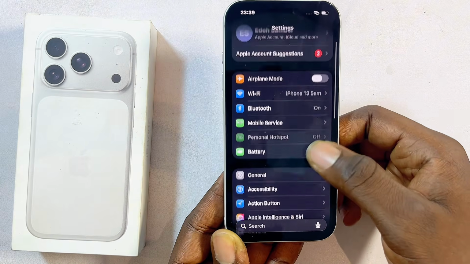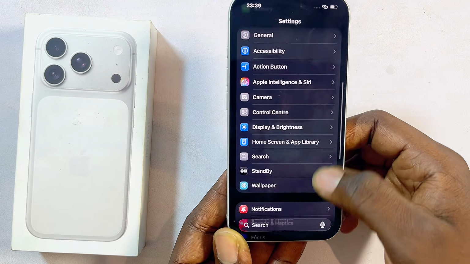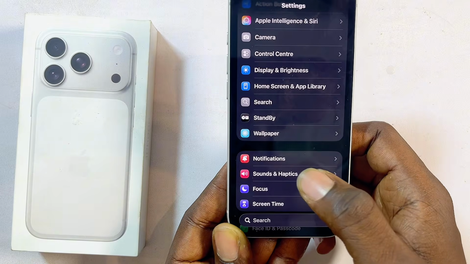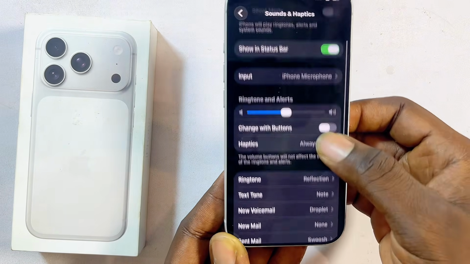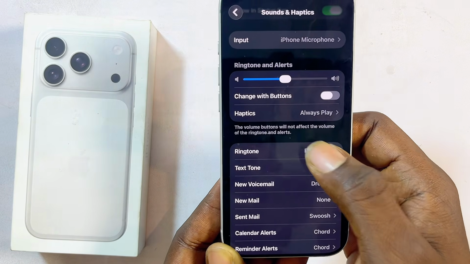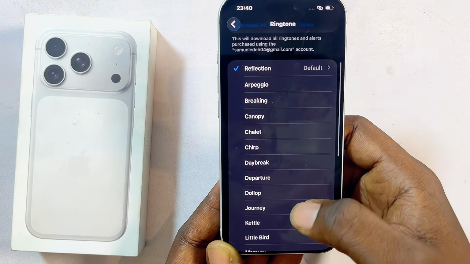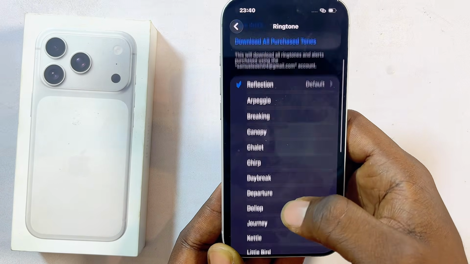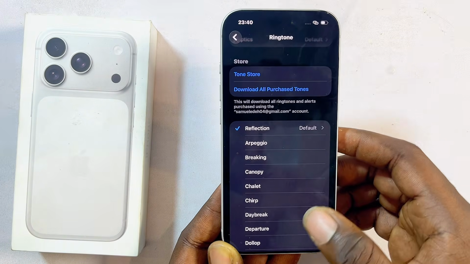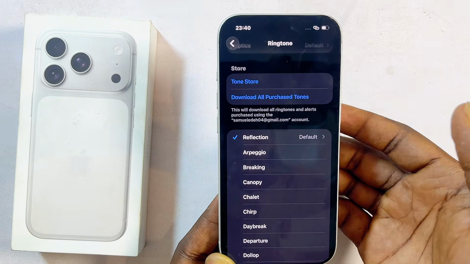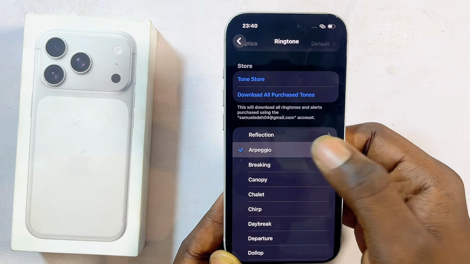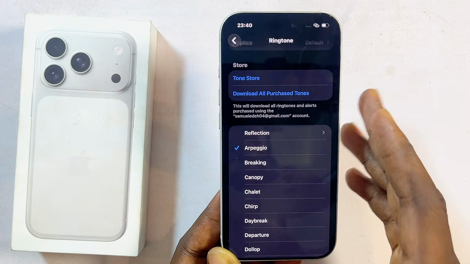Now scroll all the way down until you get to the Sound and Haptics option. Select that. Now scroll down again and you're going to find the Ringtone option. Select that as well, and over here you have a couple of different ringtones you can select from and set as your default ringtone for your iPhone 17 Pro or 17 Pro Max. All you have to do is tap on that particular ringtone and it will automatically be set as